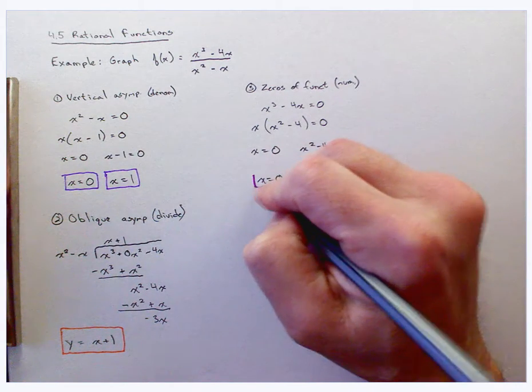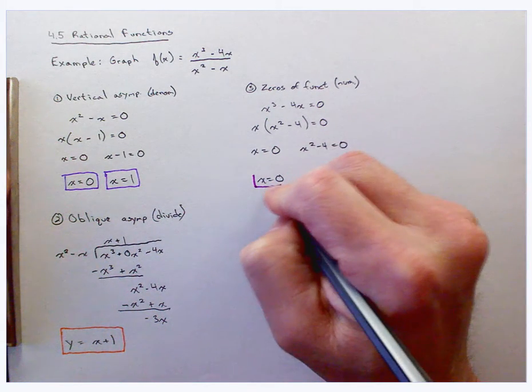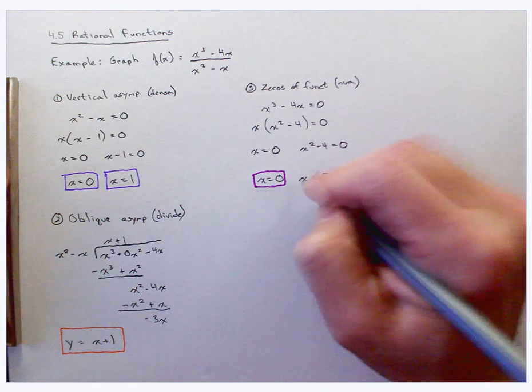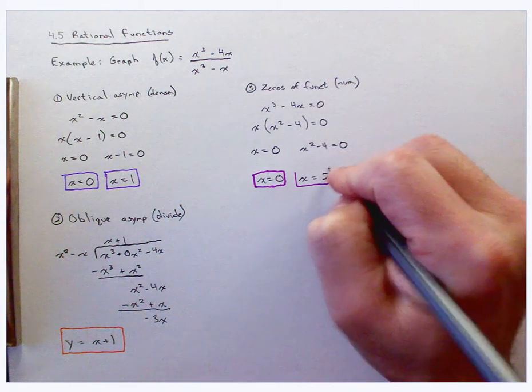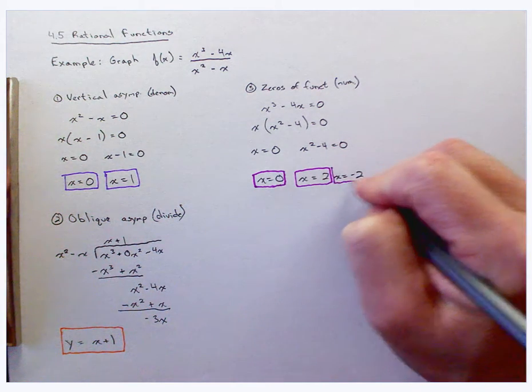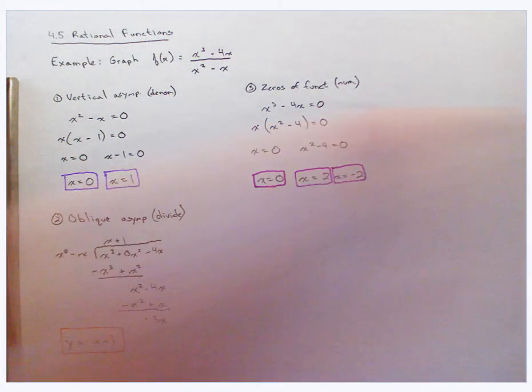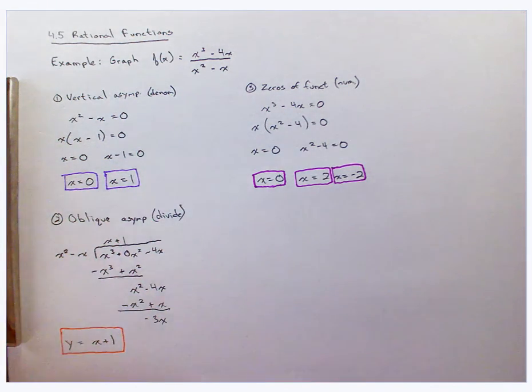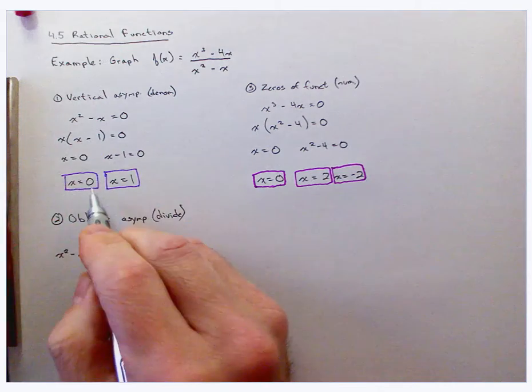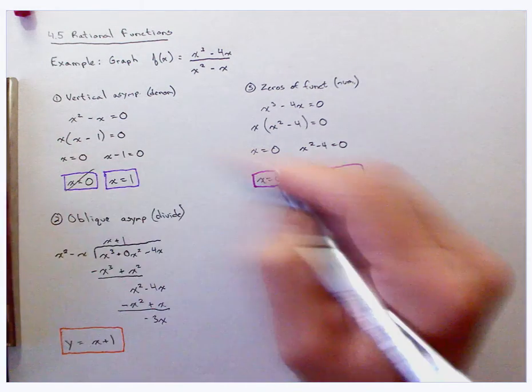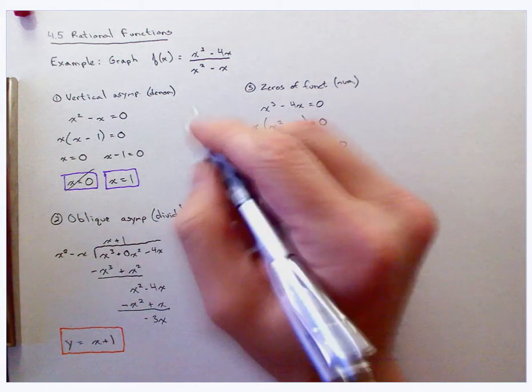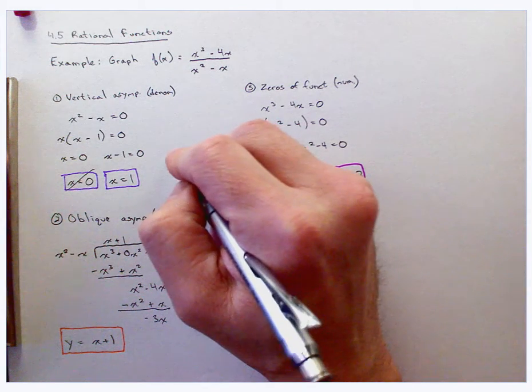And if we notice something here, I had the same factor and the same 0. We have the same factor right here and right here. So that means x equals 0